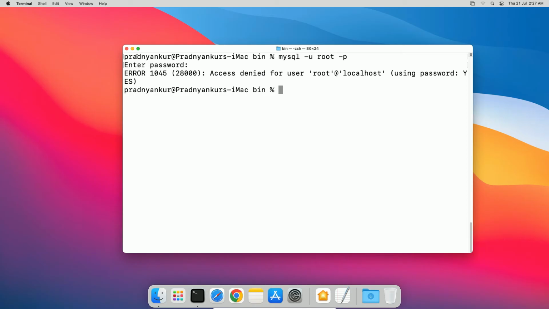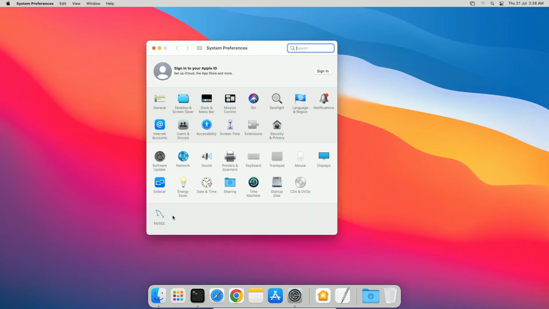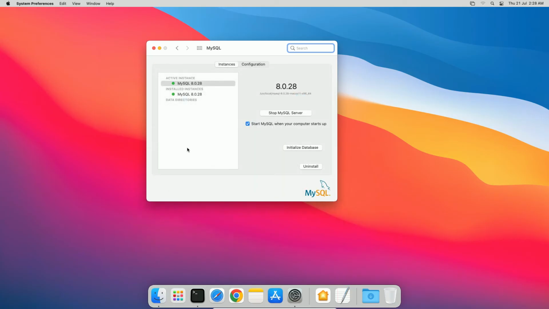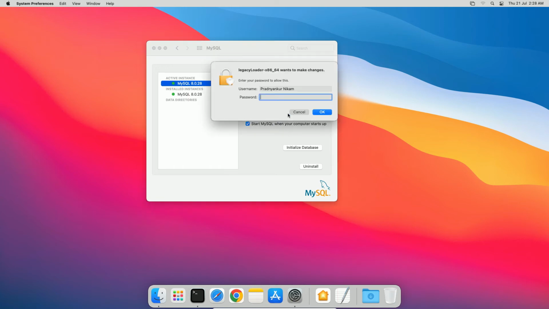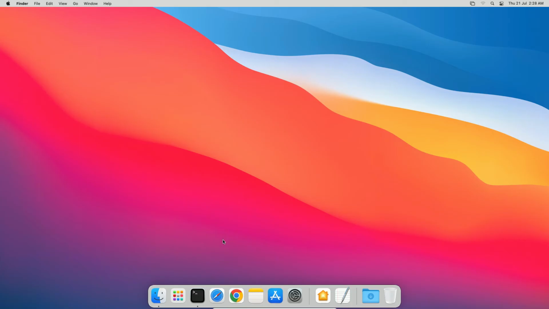Close the terminal window and go to Mac System Preferences. Open this MySQL Instances window. Select the MySQL instance and click this Stop MySQL Server button. Enter the operating system user password in the pop-up window. Press OK. And once the MySQL server instance is stopped, close the window and open a terminal window